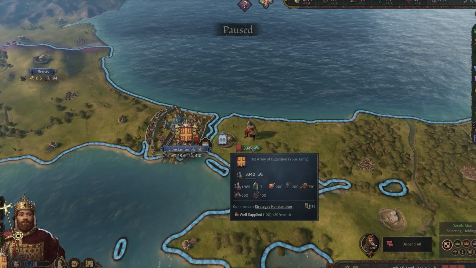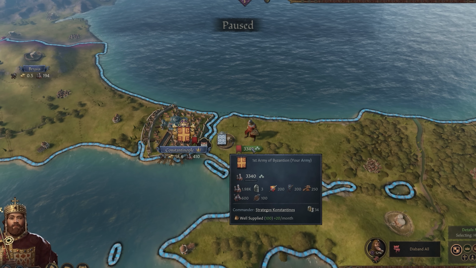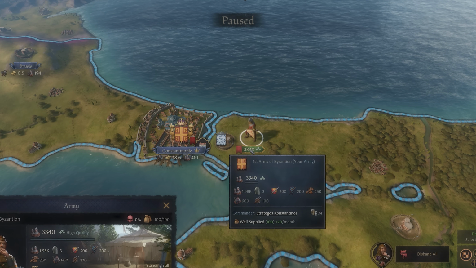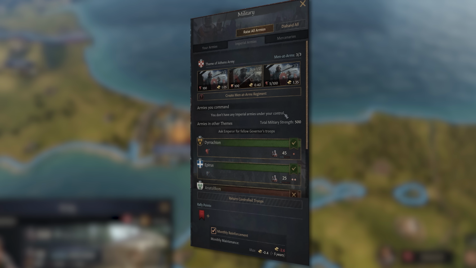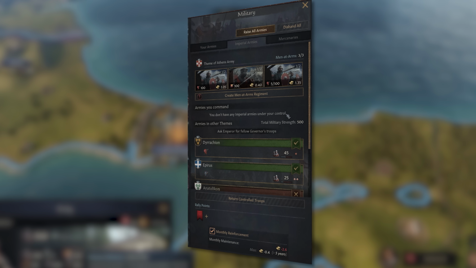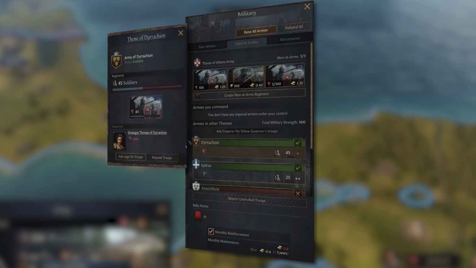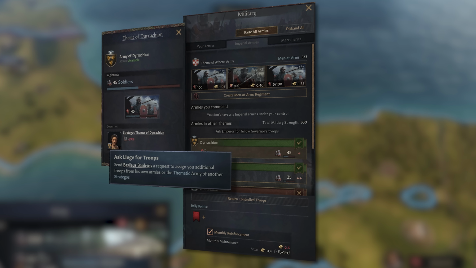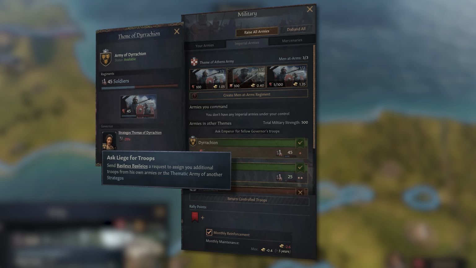In Roads to Power, we're introducing a new type of Man-at-Arms. They function very much similar to Man-at-Arms, but we call them title Man-at-Arms. You, as a governor, are responsible to build up these armies. You build these troops up not for your own sake, but for the empire's prosperity. You can make use of these troops. The emperor can make use of these troops, instead of having levies, like in a feudal realm.